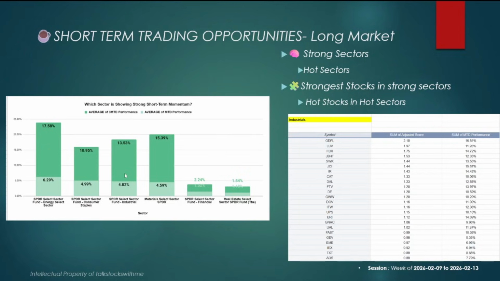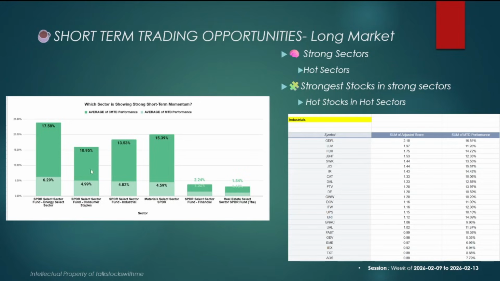Similarly, if you look at the industrial sector, which you can participate in through the ETF XLI, meaning if you have bought it from the beginning of this month, you will be up 4.82% in your portfolio, and if you've held this ETF for the last 3 months to date, you'll be up 13.53%. So this is one way. There are many ways where you can identify which sectors are showing strong momentum. Remember, there are many ways to skin a cat, right? This is just a method that I've created for myself, a system I've created for myself.